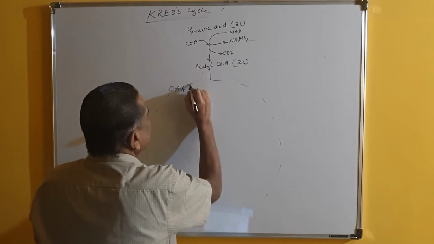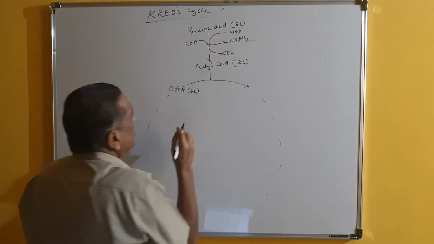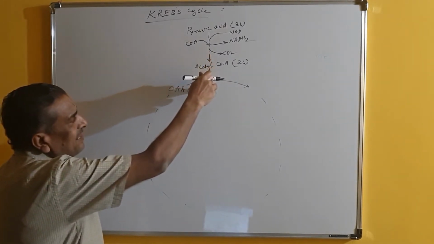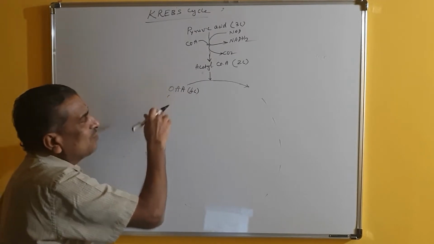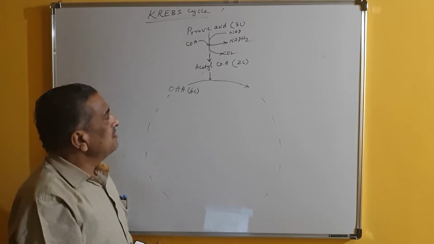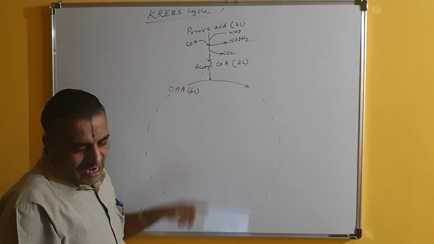When acetyl coenzyme A enters the mitochondrial matrix, it reacts with oxaloacetic acid and produces